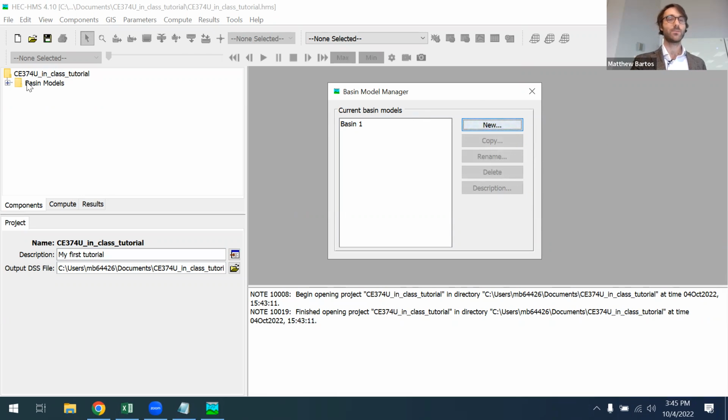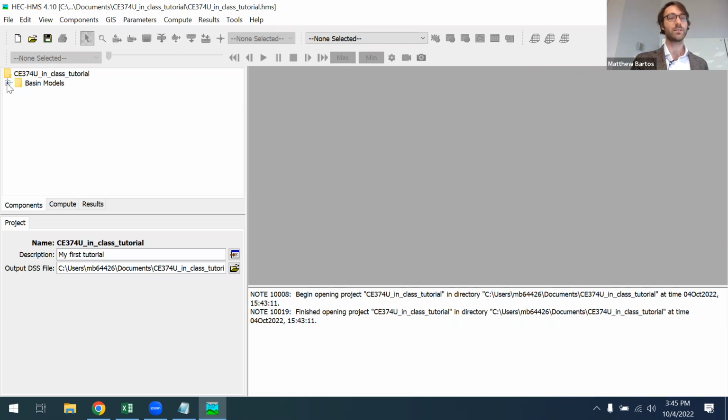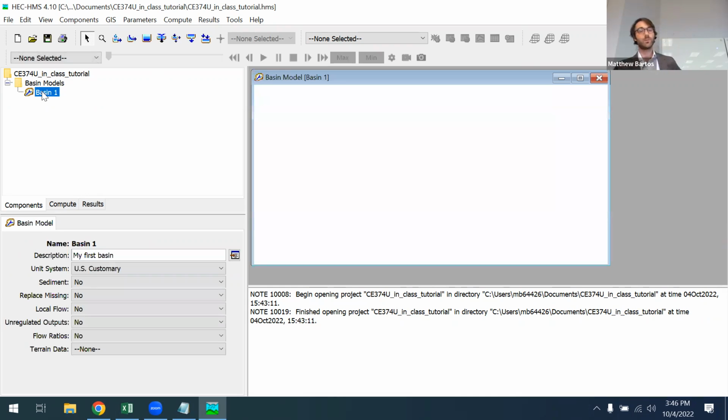And you see over here on the left that this toolbar shows a new folder which contains our basin model. So I'm going to go over here and click on Basin 1. And you note that when we do this, it opens up a new pane that shows a map of our basin. So right now there's nothing on there, but this is going to hold a map of our basin. Okay, and you'll also notice on the top line here in this ribbon, there's a number of different components. So these are the components of your basin model, and I'm just going to go through each of them so you understand what they all are.